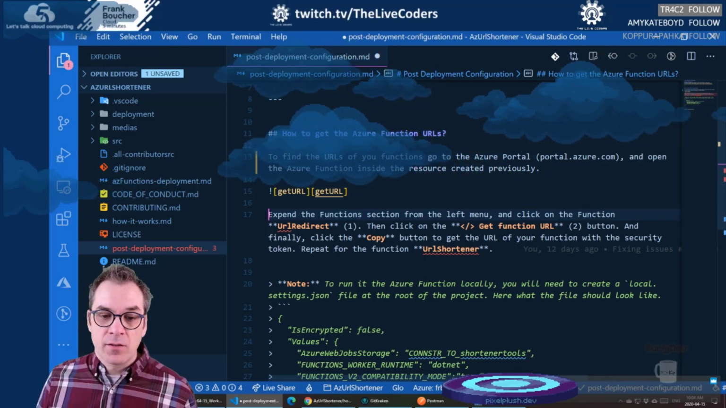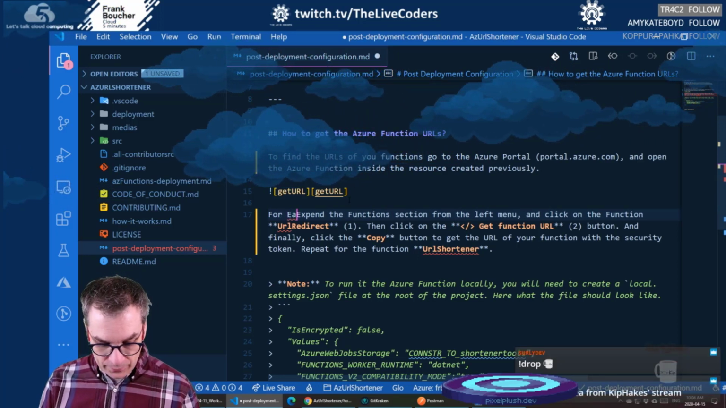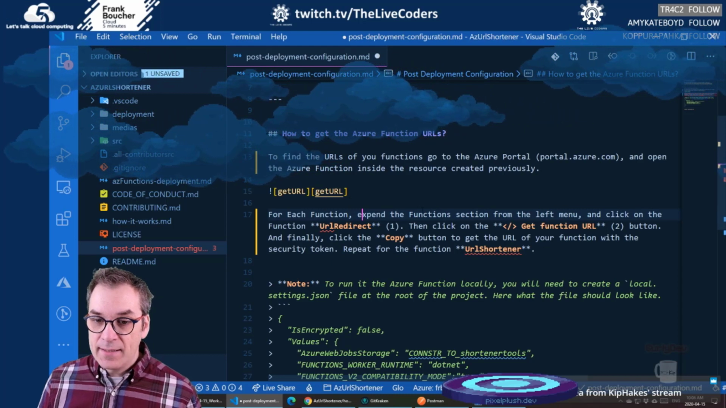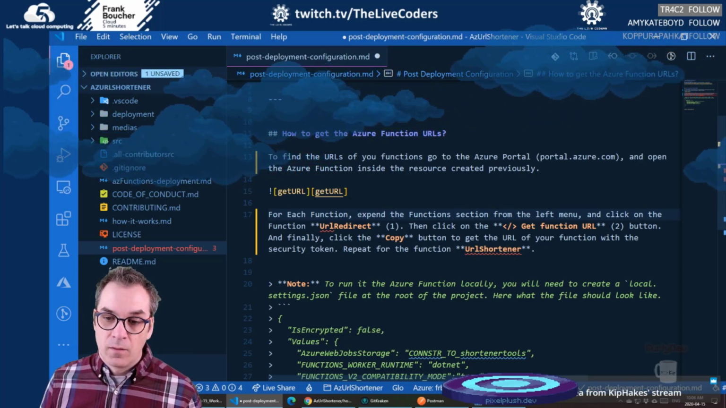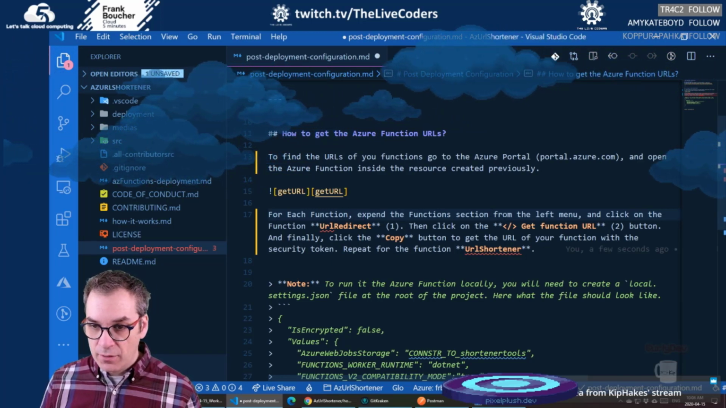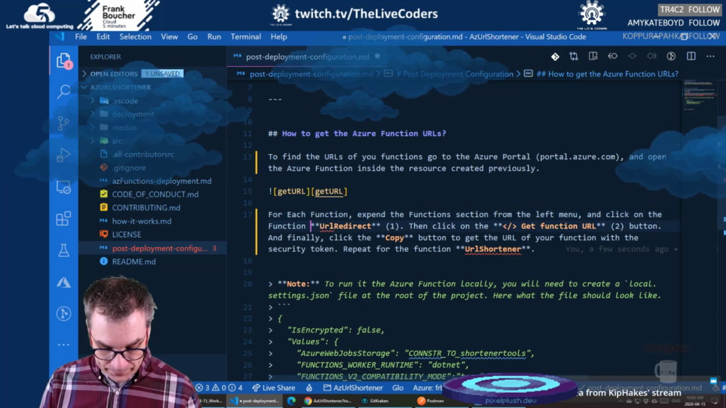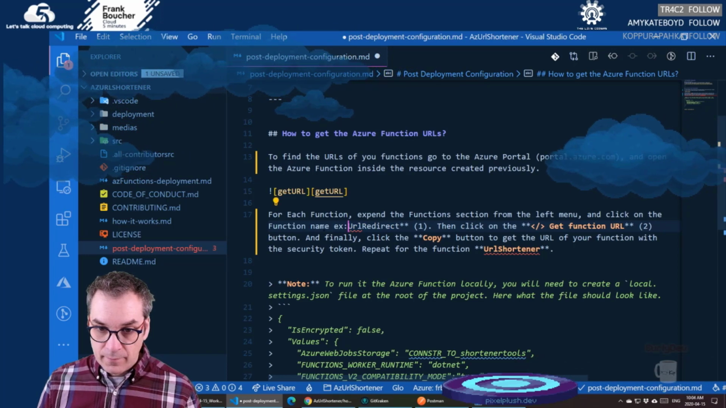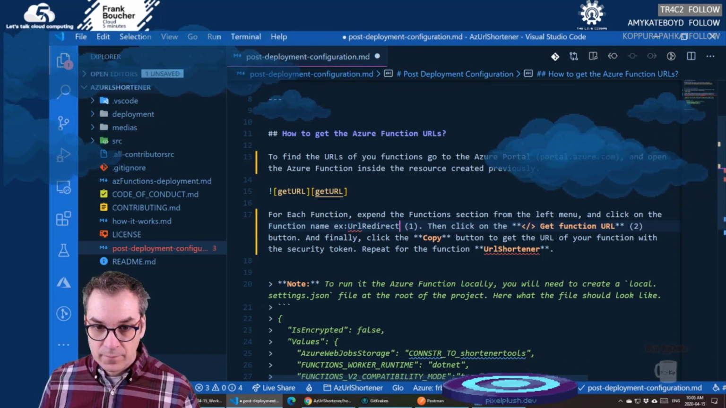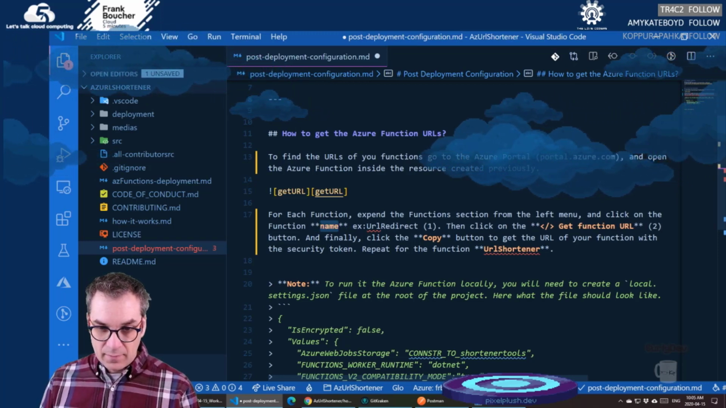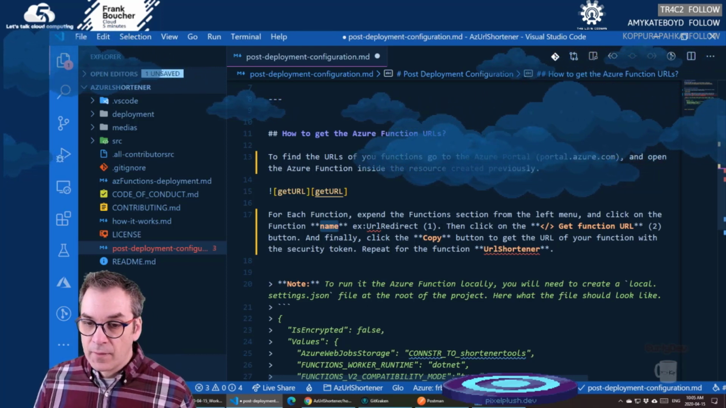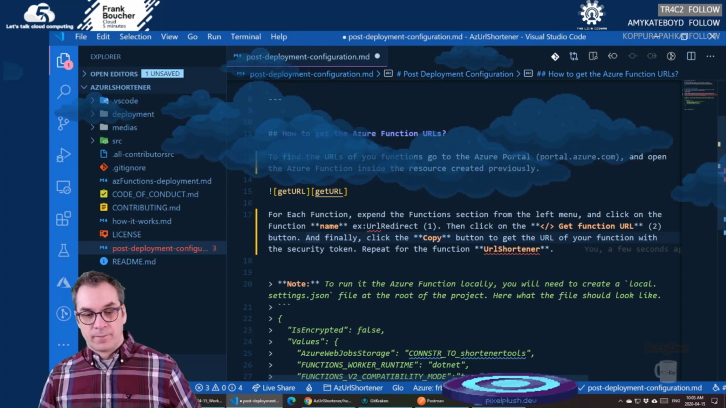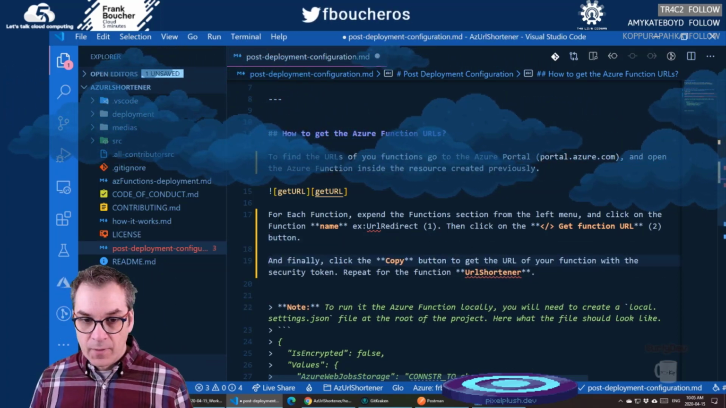So expand... Okay, so let's do then for each function, expand the function section from the left menu and click on the function name. I'll put this. Then click on the Get Action URL button. For example,